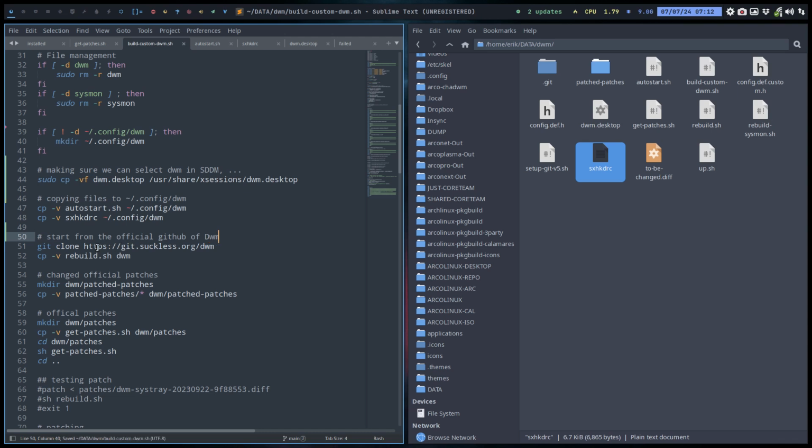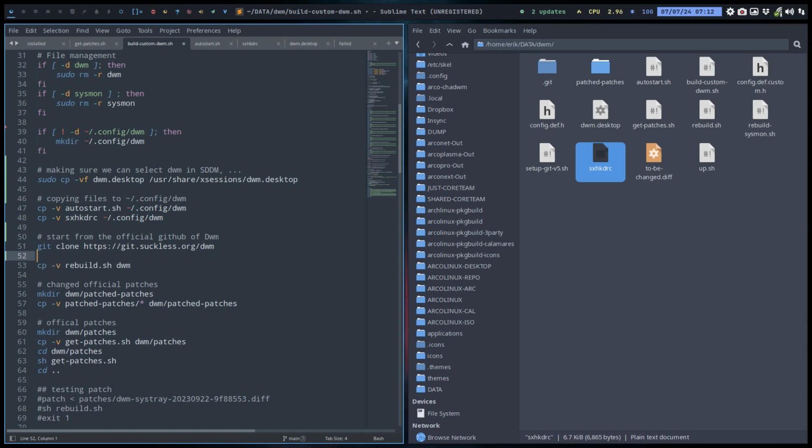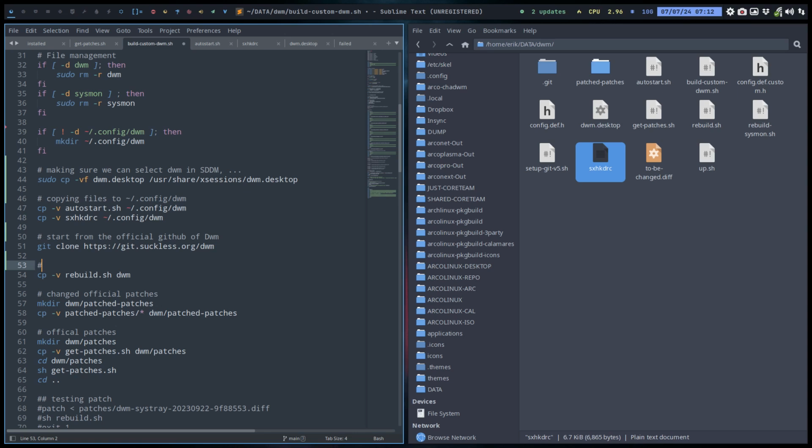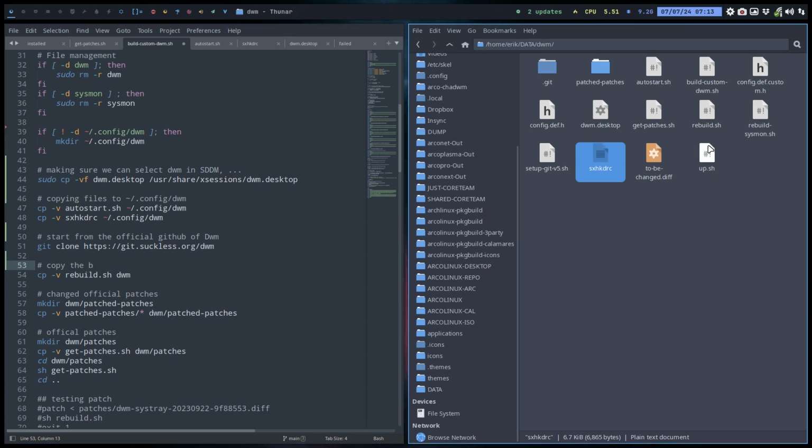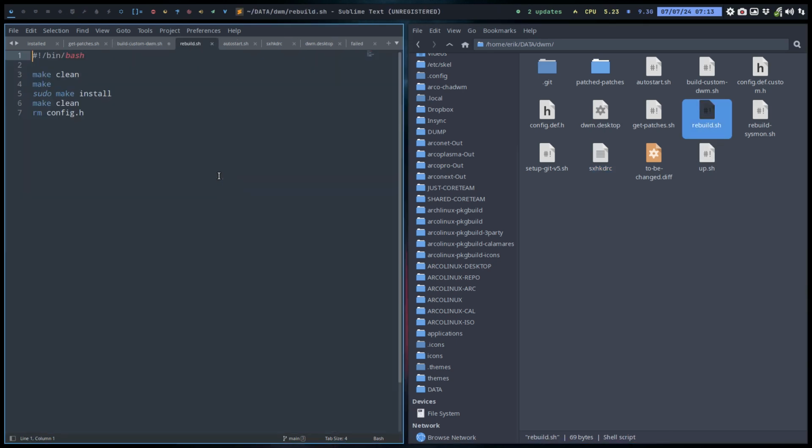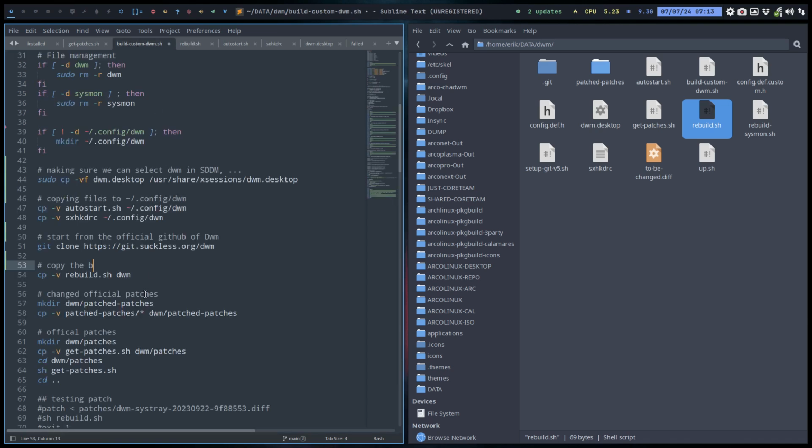Save. So we're going to get the code, and then we're going to build it. If the directory exists, then we're going to build it. Rebuild. Copy first. Okay. Copy the build. Watch out, Derek. Rebuild is this thing. Okay. So copy the rebuild